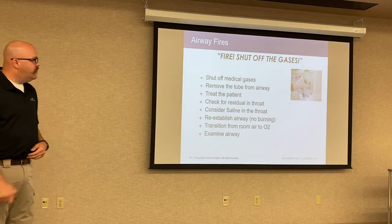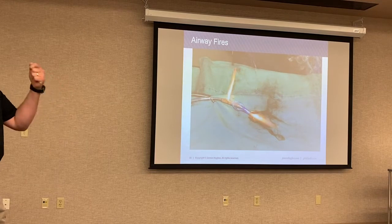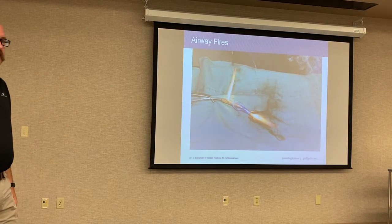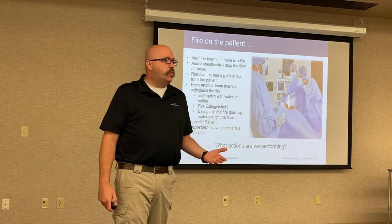It's not muddy. Okay, so now here's what it looks like if there's an actual fire within the ET tube. Again, if they were to pull that tube out too quickly before turning off the gases, now we're holding on to a blowtorch. So again, what is your responsibility? What is your role